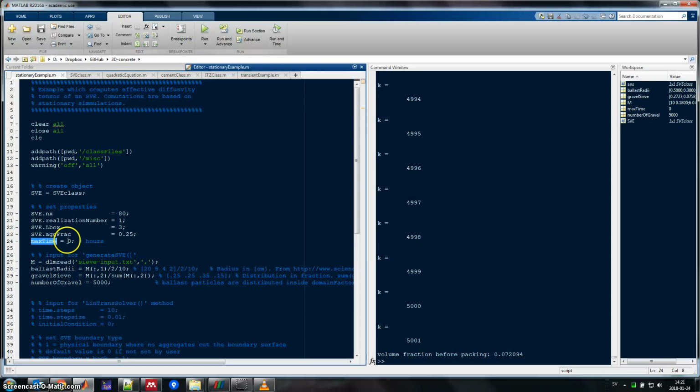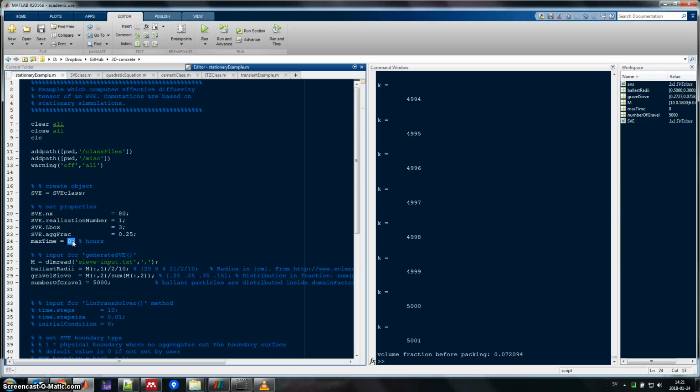And this is measured in terms of hours. So let's say you want to run it for 100 hours, then it will just stop and break after 100 hours. Because it might be, as I said before, that if you aim for 75, those last 5% going from 60 to 65 might take a very, very long time, but reaching 60 might still be okay. So this is just an escape mechanism, so that you're sure that